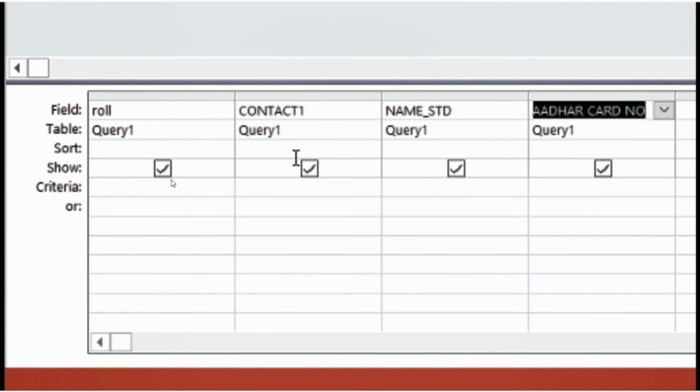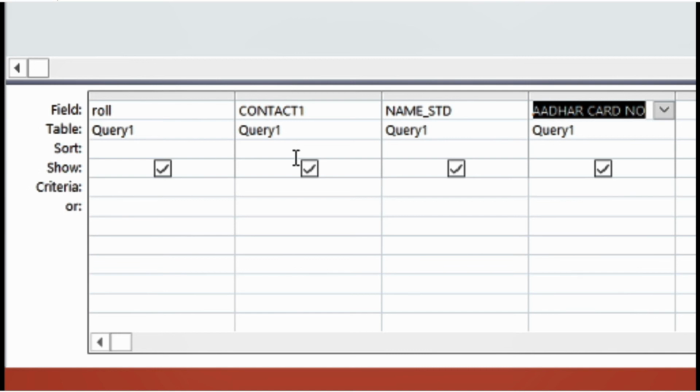Same way, this is a simple criteria. But if I put one more, name equal to Savni, now I have two criteria. Same way you can put more criteria. Suppose for roll number you want more than 8, or equal to 8, or less than 8, whatever your conditions are, you put them here under criteria. If you have one condition, that is a simple criteria. If you have more, it is multiple criteria. So this time I will write criteria 8 and name equal to Savni.